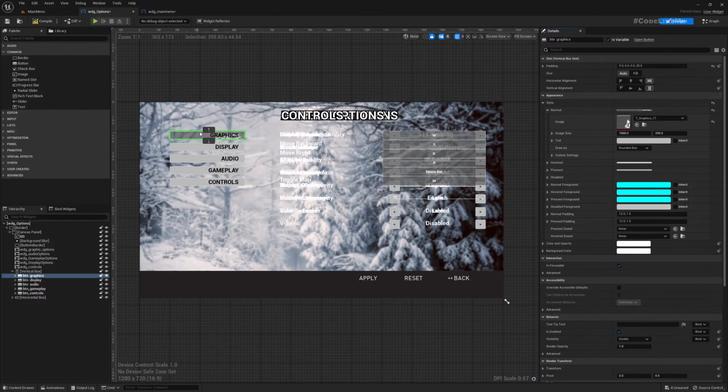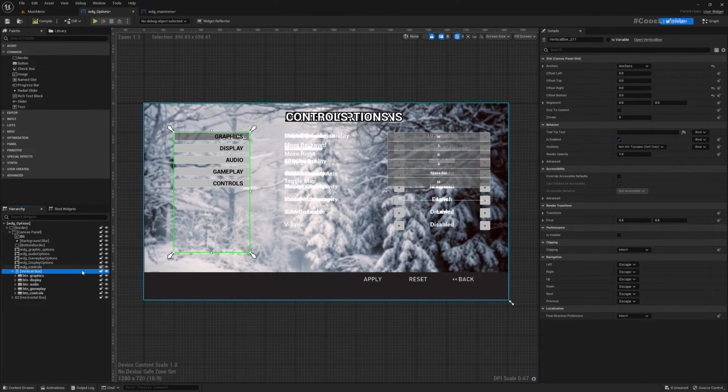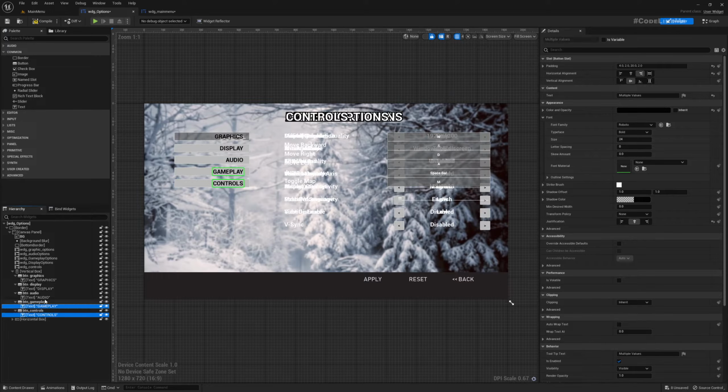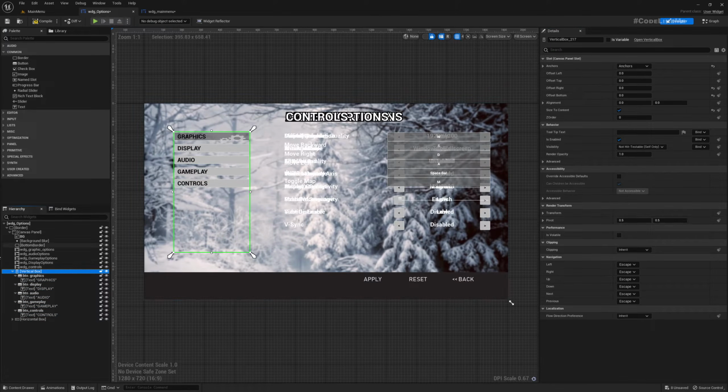Okay, it looks deformed. What if I make this vertical box size to content, and all the texts of these buttons right aligned? Size to content didn't make a difference. So this box,